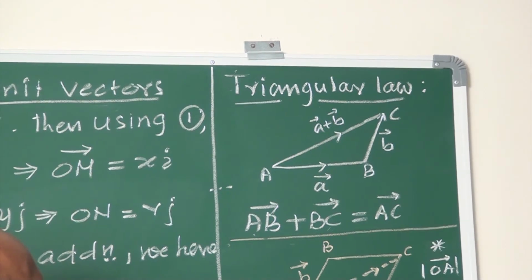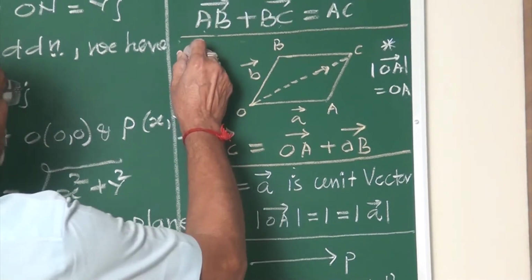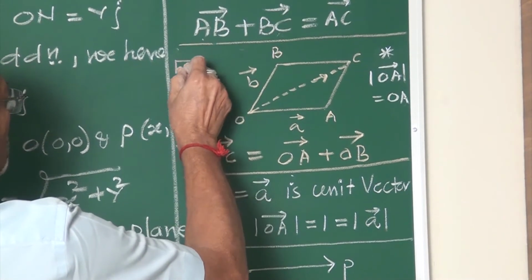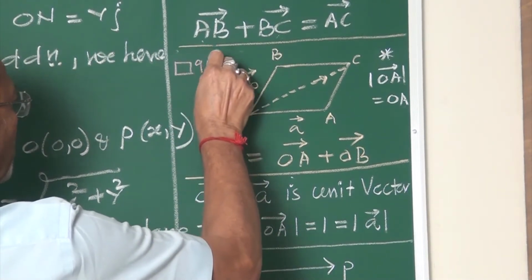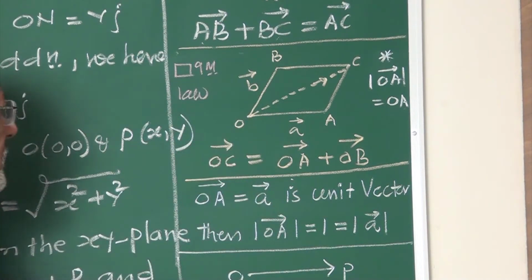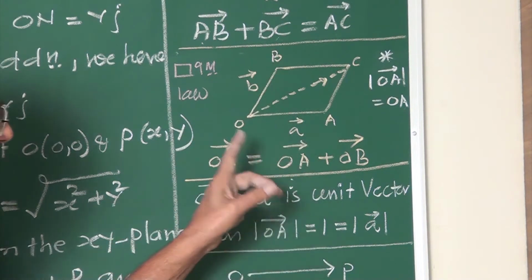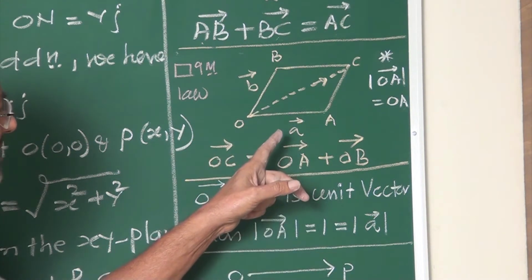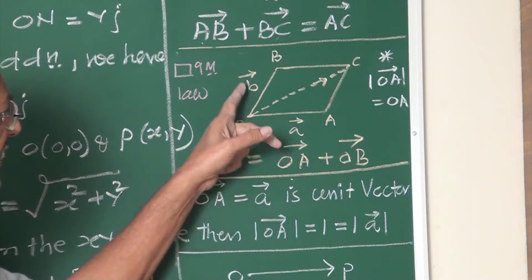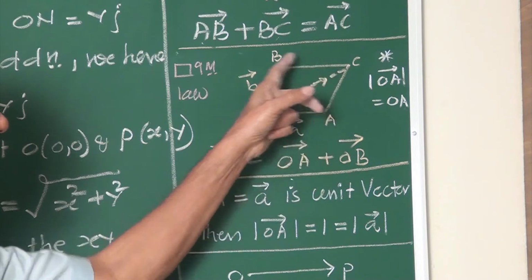Down is the parallelogram law, my friends. This is the parallelogram law. Yes, my friends. If OA and OB are the vectors, adjacent sides of what? Parallelogram OACB,